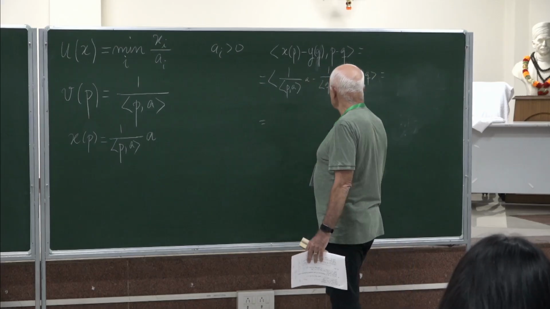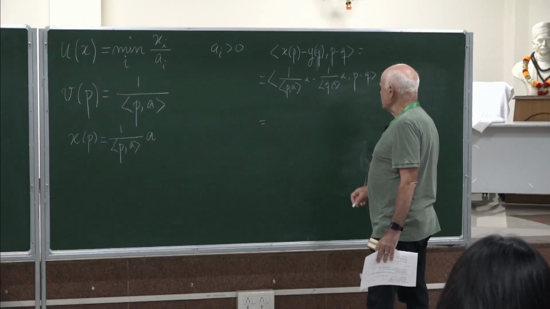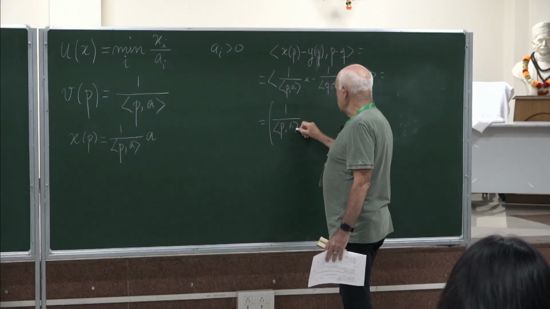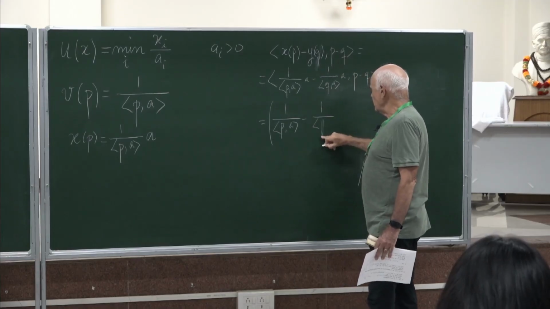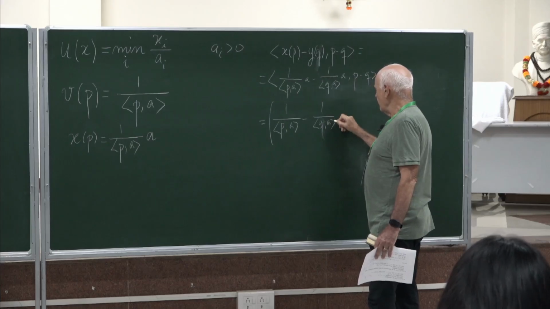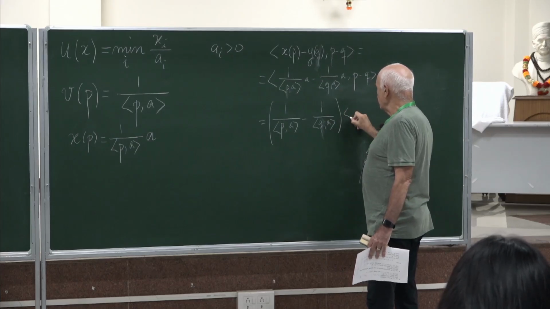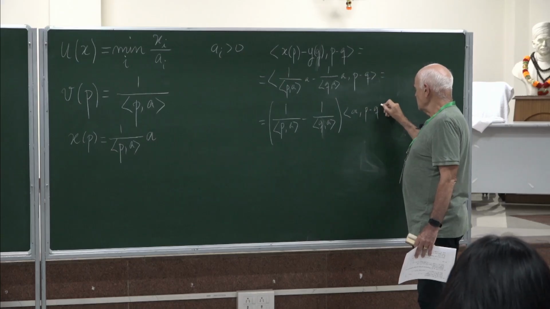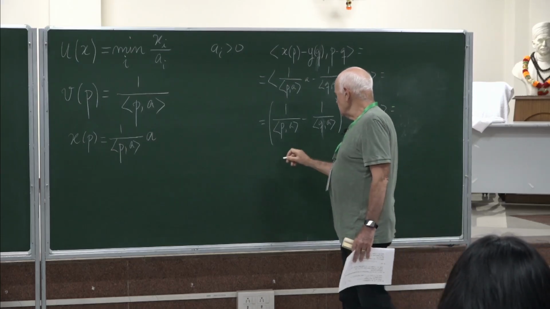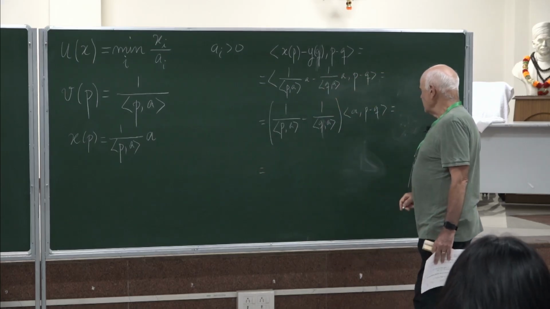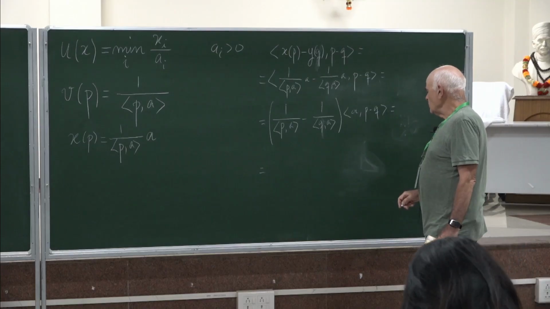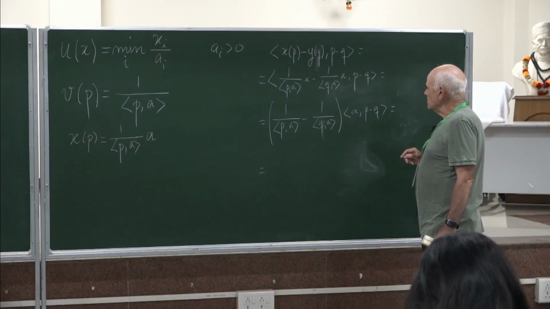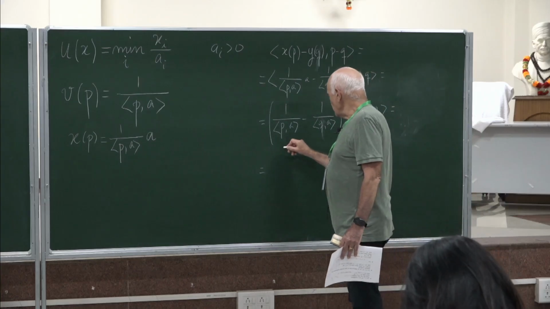Is it correct? And this is 1 over p·a minus 1 over q·a, times the inner product a, p minus q. So in the end, what you get there is an error of sign here. No. So in the end, what you get is